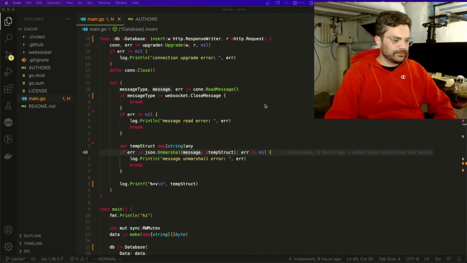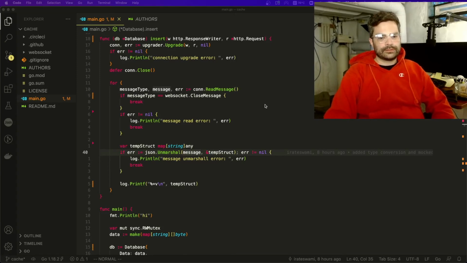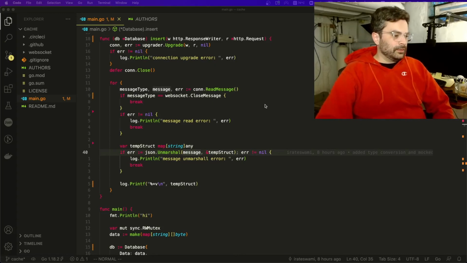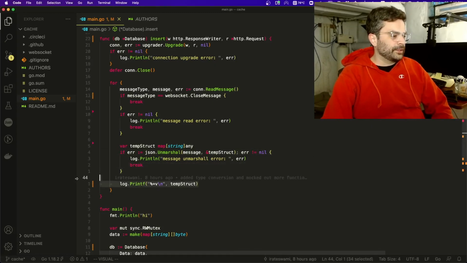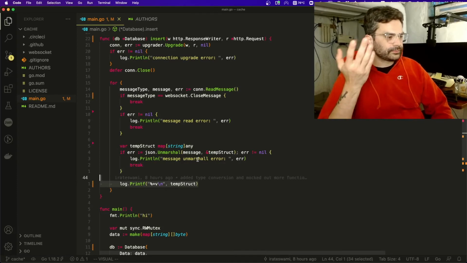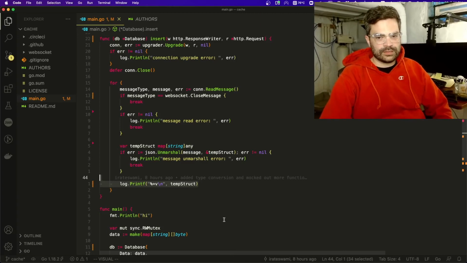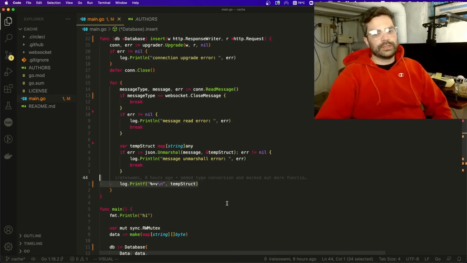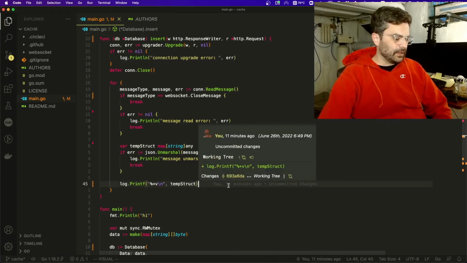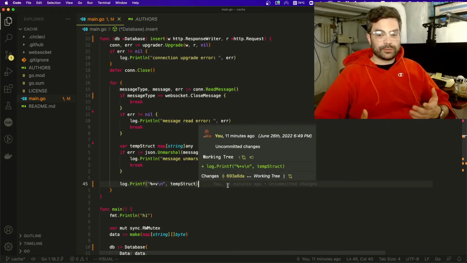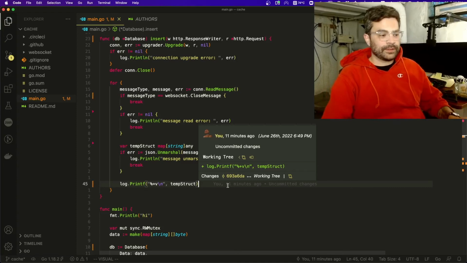I went on my jog, and I'm ready to come back. So, where were we? We were ingesting our temporary struct and outputting that on the console, so we know that we're able to receive that thing, and it looks like what we would pretty much expect. So remember that we're making a key value store, so we have to have the key